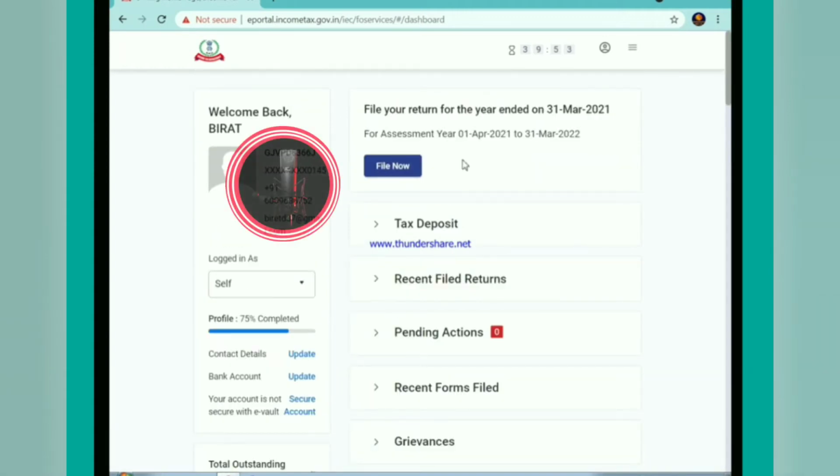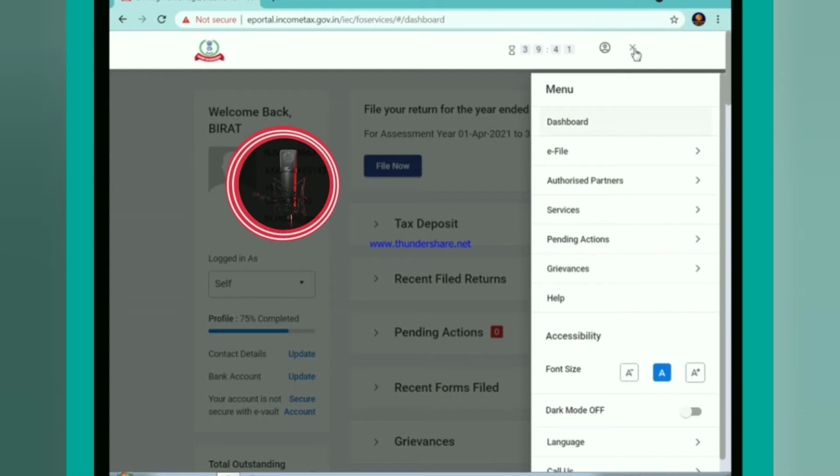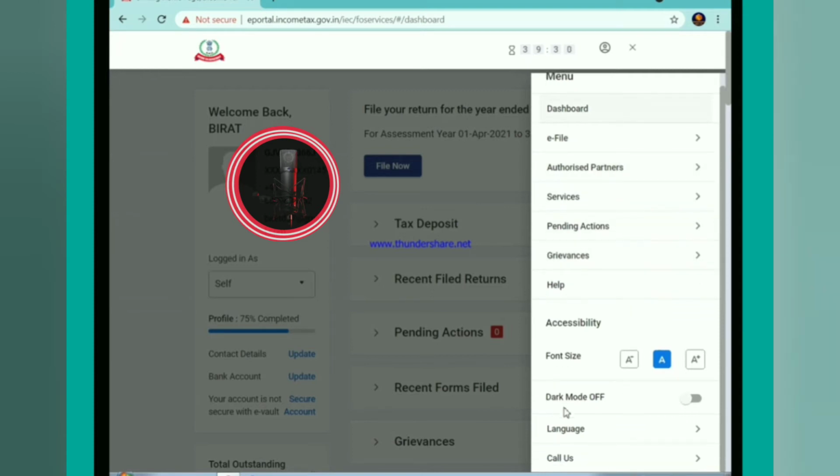Now if I want to file my IT return for the assessment year 2021-22, I will just click here, and here is the menu. You can see here is dashboard, e-file options, authorized partner services, and so many other options. If I want, I can also choose the dark mode.